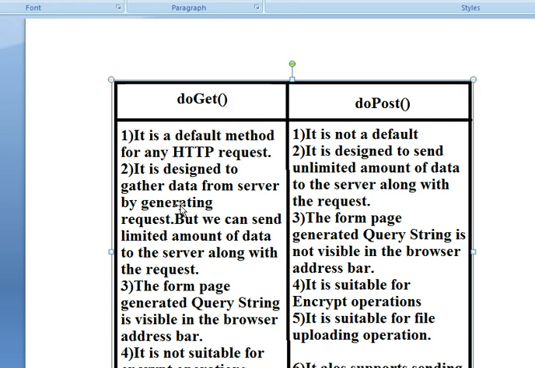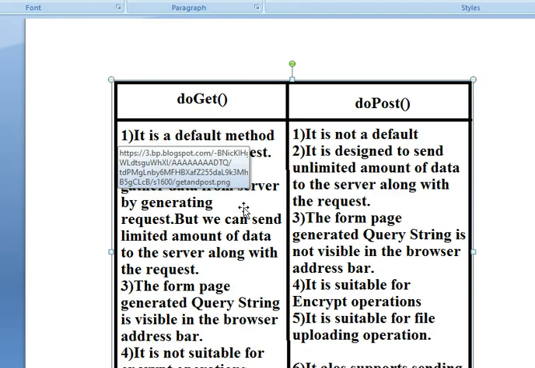In doGet, it is designed to gather data from the server by generating a request, but we can send only a limited amount of data to the server along with the request, whereas doPost method can send an unlimited amount of data to the server along with the request.